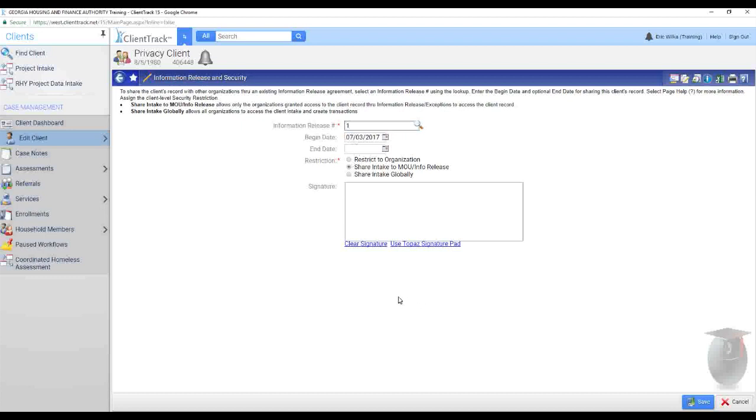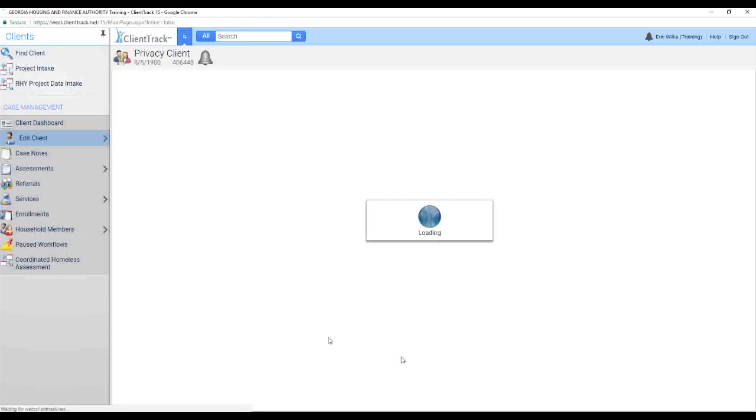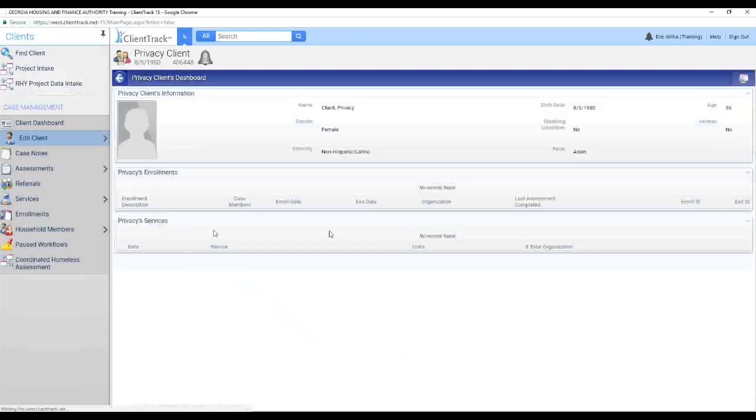If it's someone who doesn't want to have any sharing at all, not even searching, you are creating that new client record when you do a project intake, and you're marking that record as restrict to org. You have to write down the client ID so you can go back to it later and know you're using the right one. And then lastly, for any type of transactions,